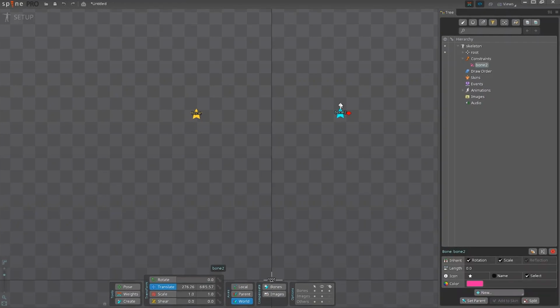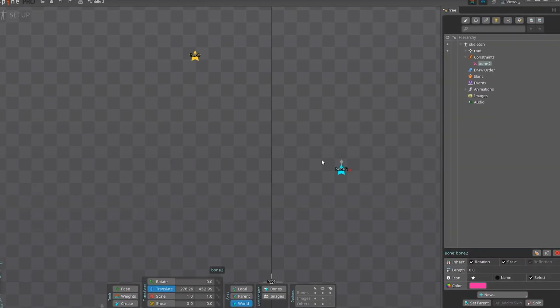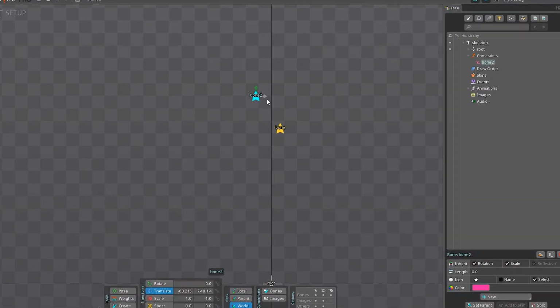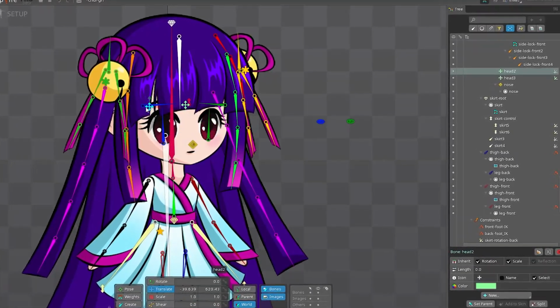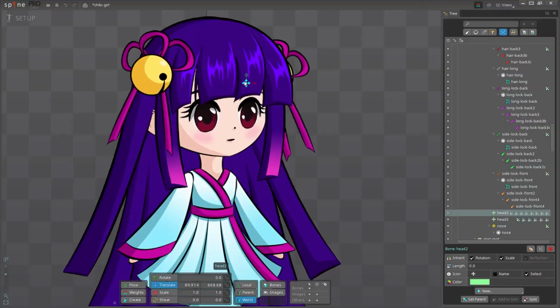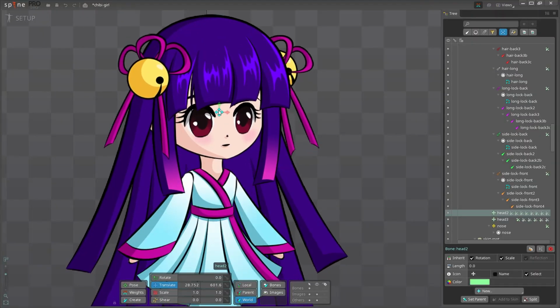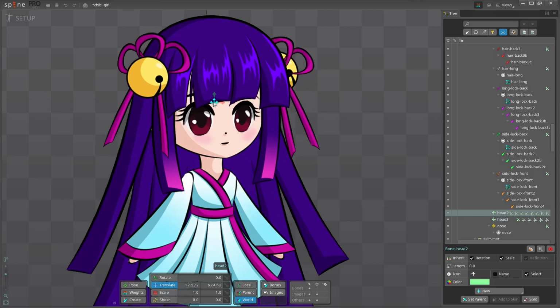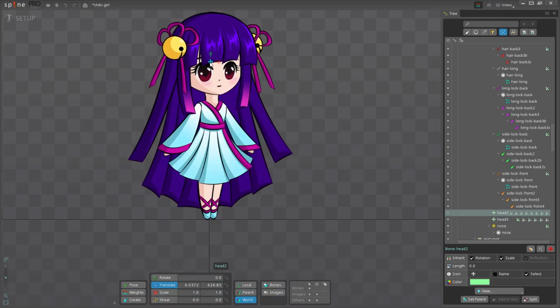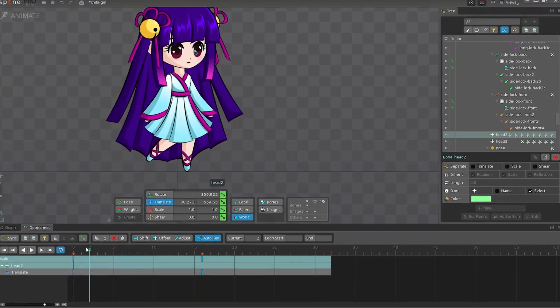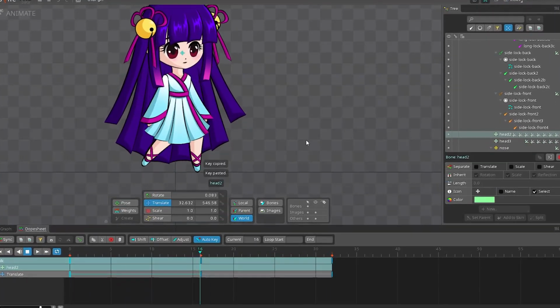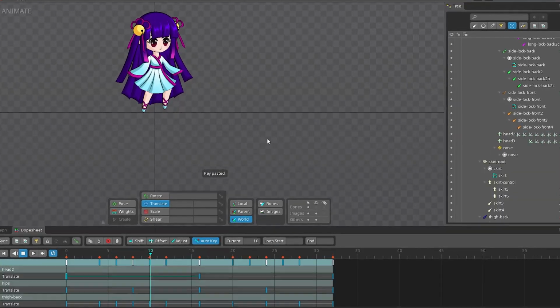Now, it was time to get the rig ready for 2.5D animation. To achieve this effect, we need to make certain bones move opposite each other, like this. In Spine, this can be done using a feature called Transform Constraints. This is how you can make the front and the back of the head move in opposite directions, creating an illusion of a three-dimensional character. This also really simplifies the animation process, since we can turn the whole head with just a single bone.